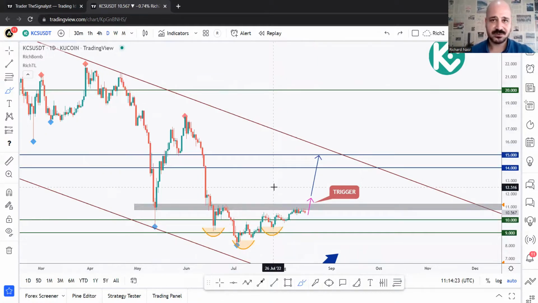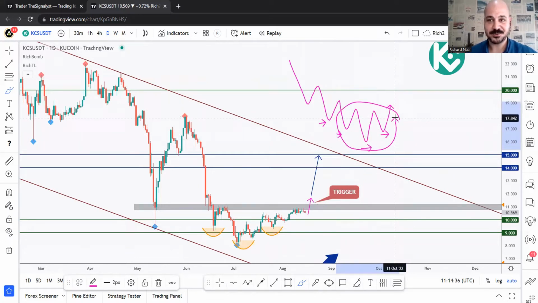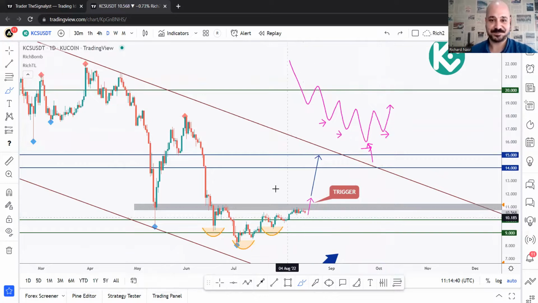And basically, what is the inverse head and shoulders pattern? Price is making lower lows and lower highs, and then failed to make a lower low, instead made a higher low, right? So lower lows, higher low, that's what? An inverse head and shoulders pattern. That's our head, left shoulder, and right shoulder, which is